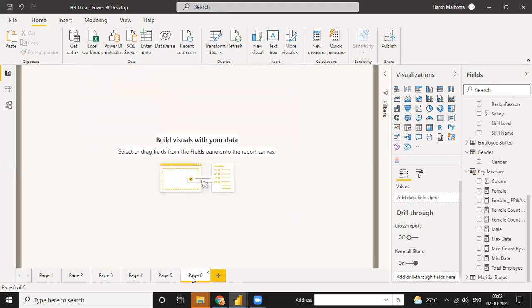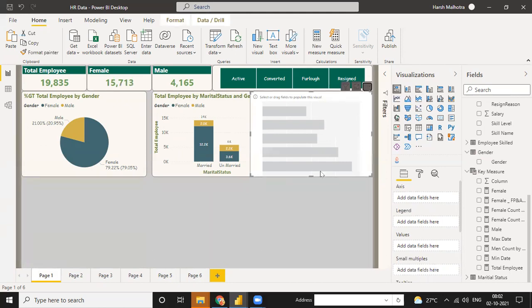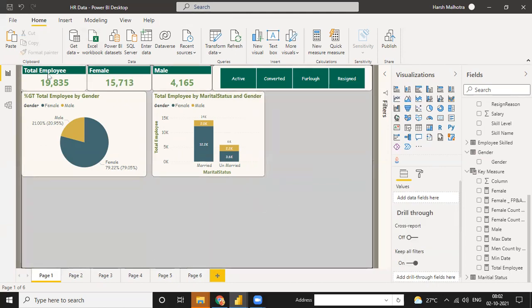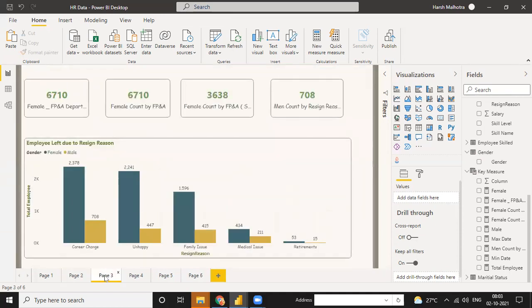In the same way I move on. See, our first visualization is ready. In the first page you have to show this kind of chart. First I remove this one. See, in the first page you can use three cards for this kind of thing, one slicer, and for page two you can use top five, or you can use total employee. Multiple in between two you can use just once, and for page three you can use one more thing like two or three of this kind of conditional formatting cards.